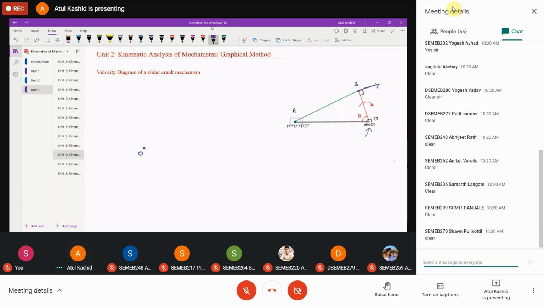So the velocity of point B with respect to O will be perpendicular, right? And what about this AB? Now AB is the link, right? So again, for link AB, the velocity will be perpendicular, right? You should not forget this: the direction of velocity will be perpendicular to the link. And what about the piston? We know it is reciprocating horizontally, so its velocity will be horizontal, right? Parallel to its run, right?